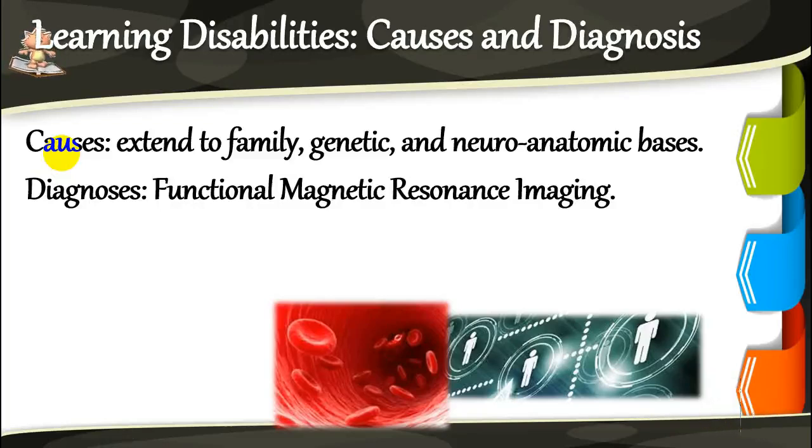Chromosomes 6 and 15 have been implicated frequently as possible genetic causes of LDs. Neuroimaging techniques such as functional magnetic resonance imaging have documented differences among dyslexic and non-reading disabled individuals. Studies have found that in individuals with dyslexia, certain areas of the brain are different from those individuals without dyslexia.